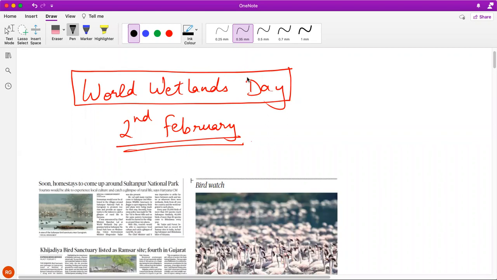Okay, so today our topic of discussion would be wetlands. As you all know, recently on 2nd February, everyone across the world celebrated World Wetlands Day. Even we Indians celebrated it. So today we will analyze this topic, wetland in particular, and in general we'll learn about how to analyze environment